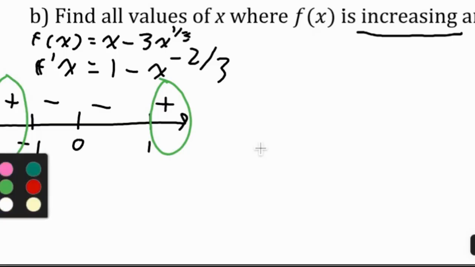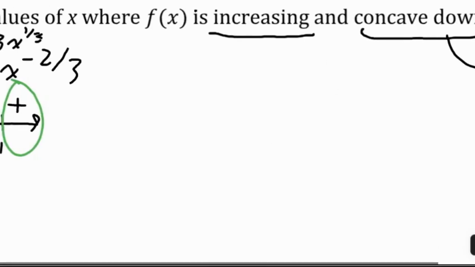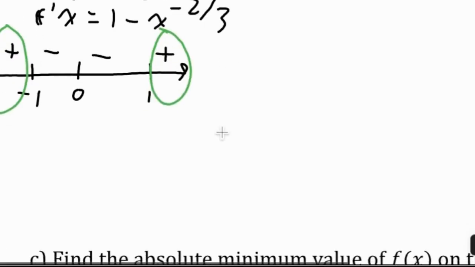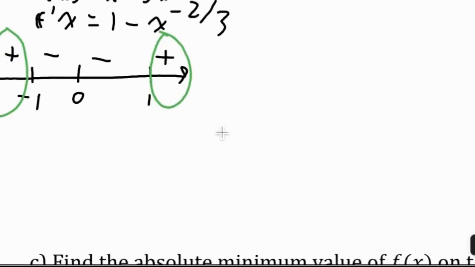Now, let's figure out the concavity. So in order to figure out the concavity, remember, we need to take the second derivative. So I'm going to go ahead and write that down right here. So we have f double prime of x is equal to the derivative of